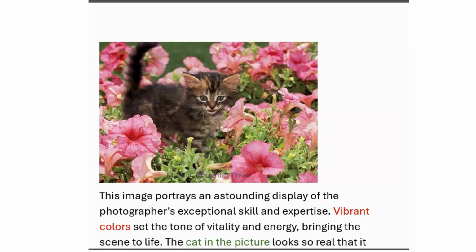Today, I have a very special lesson for you. By the end of this lesson, you will be able to explain a picture in writing and in the speaking section in a way that you will get the maximum score. I will give you some tips and tricks, and I will give you some standard sentences which you can use